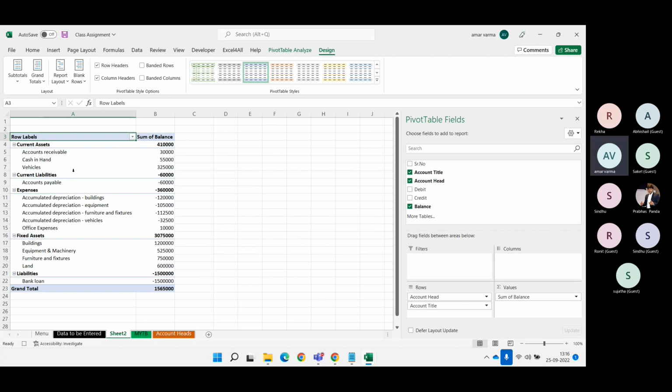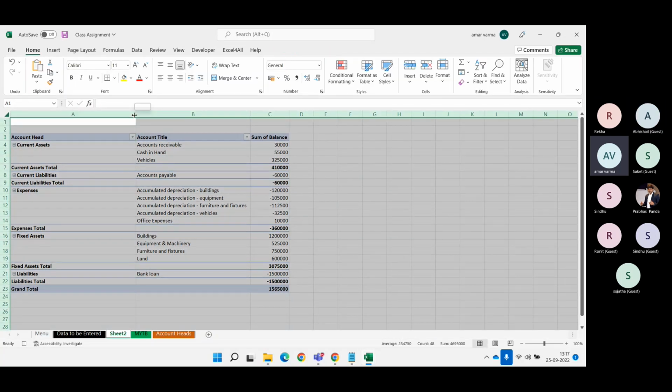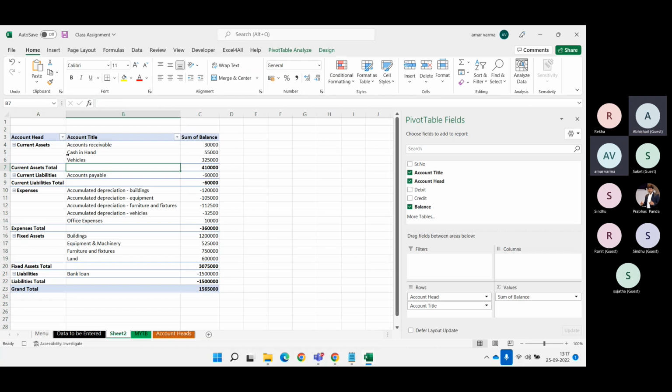Are you getting your report like this? Yes, sir, I'm getting it like this only. So in that case, what you need to do is, when you're recording, go to design, report layout, and make it show in tabular form. Only when you select tabular form will it come in a table format. Then tabular format. I want only expenses and